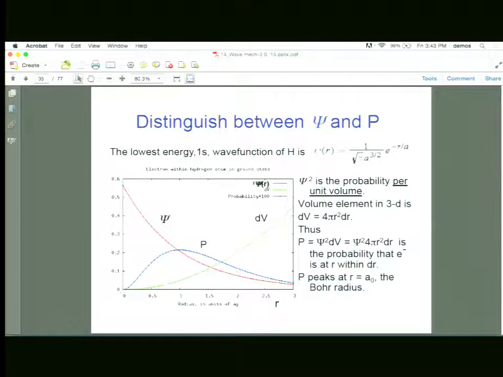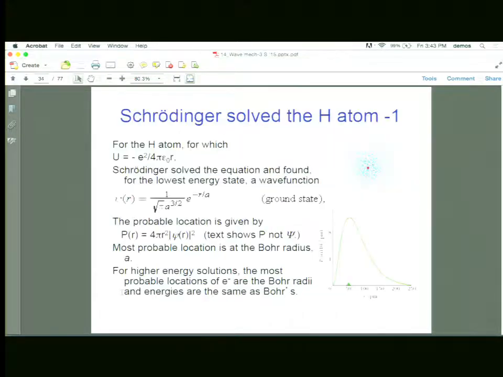So it's interesting that the theory says that the electron should be sitting right on the nucleus, and it is observed. So that's your understanding of the wave function and the probability of finding the particle, because the probability is this product of the square of that times 4 pi r squared dr. Did you see that? That may be a little confusing in the book. Maybe not, I don't know.